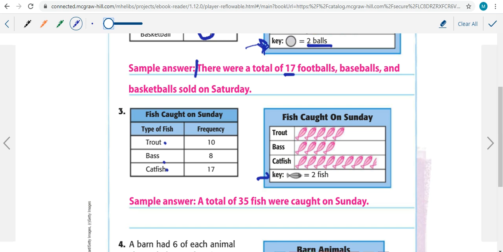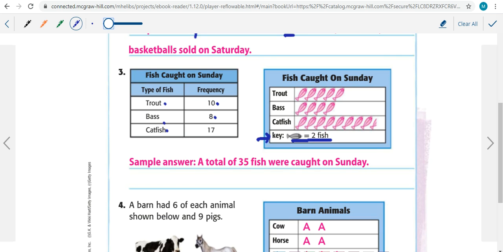Now the key is telling me that each fish is equal to 2 fish. Now to show 10, we have to draw 5 fish. To show 8, we need to draw 4 fish. And to show 17, we are going to draw 1, 2, 3, 4, 5, 6, 7, 8, and a half,